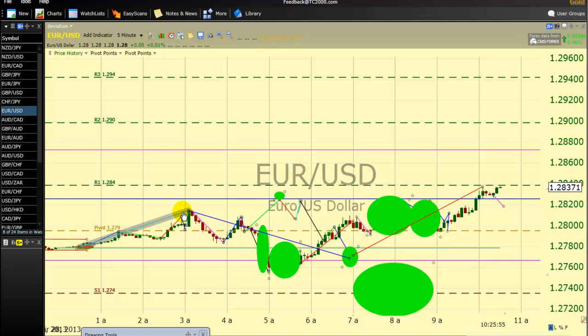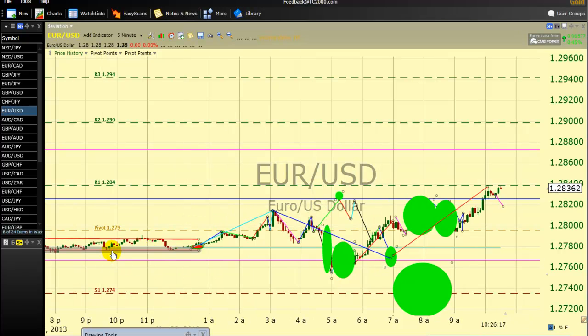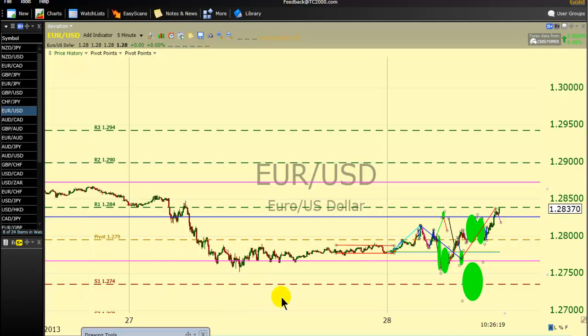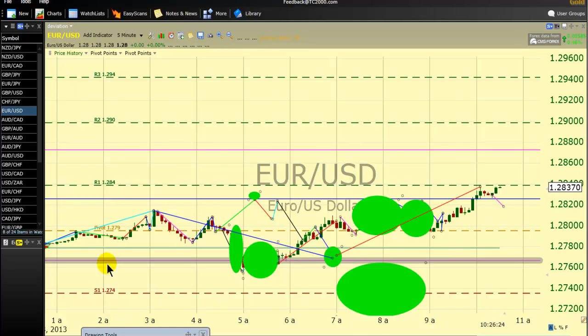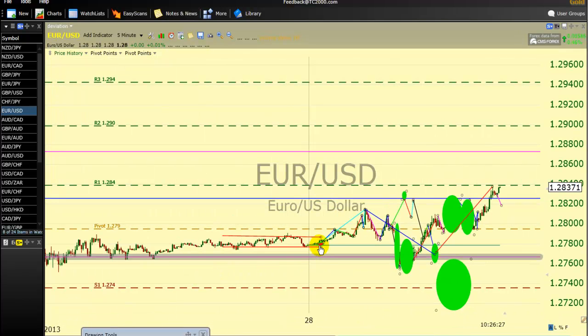This is an impulsive wave, followed by a flat correction, A, B, C. The flat correction is now the second wave on the higher degree, which is highlighted with the blue line up to this level here, followed by the third Elliott wave in the higher degree from here. You have to notice that, pay attention carefully. Some traders will say, George, your second wave went below the first wave,